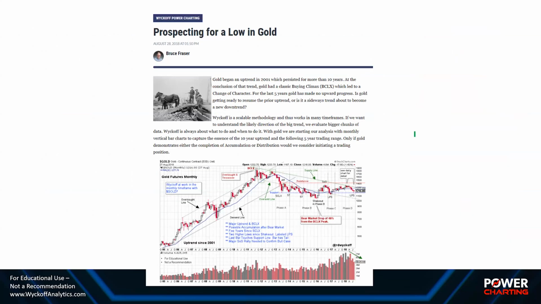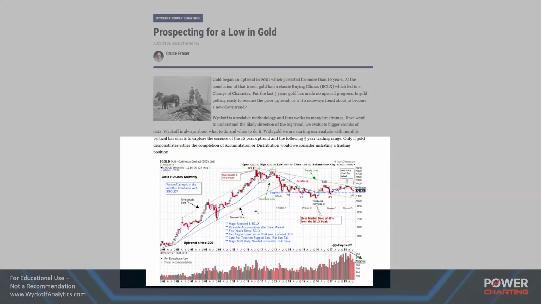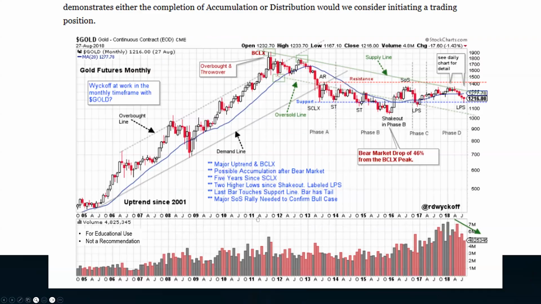Okay, moving on. A blog that I wrote back in 2018 in August. I want you to go check it out in the archives. This was prospecting for a low in gold. And I'm just going to zoom in here. You can read the article as you have time. But this was monthly bars of the gold continuous futures contract, which I had back to late 2004. And at the time, I asked the question, is this an important low,